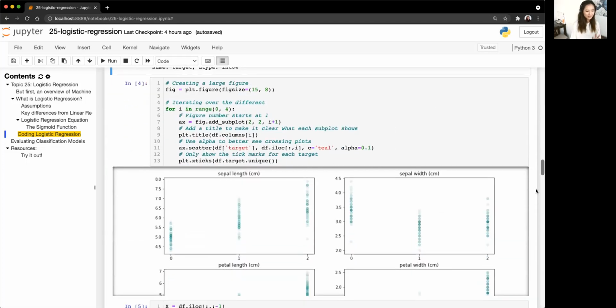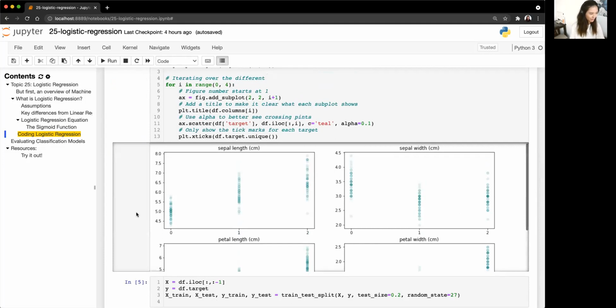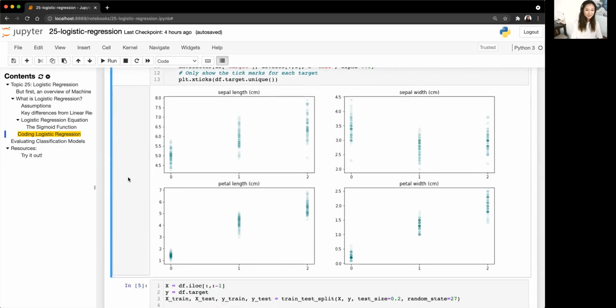Just some very, very quick EDA on this data set. I will say that for classification problems, it helps to do your EDA in a way that shows differences in your classes. The whole point of classification problems is to be able to classify your data. In this case, we want to classify our flowers into 0, 1, and 2. So it makes sense for your EDA to go in that direction. Let's take a look and see, how does sepal length, sepal width, petal length, and petal width differ between the different classes? And if it's an easily classifiable data set, you're going to start to see patterns like